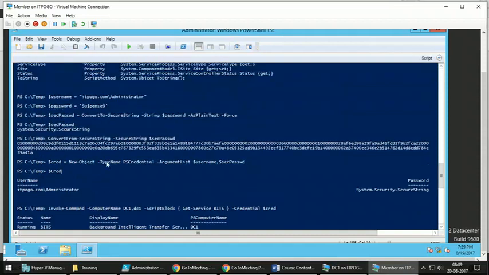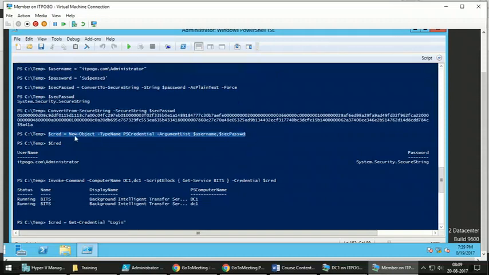So I have just shown you in step-by-step format to help you understand what is going on. But if you have to do that from a CSV file, you have to write a logic which will loop through every item, and you don't need to do it in a step-by-step format. Here, username, how will you get it?